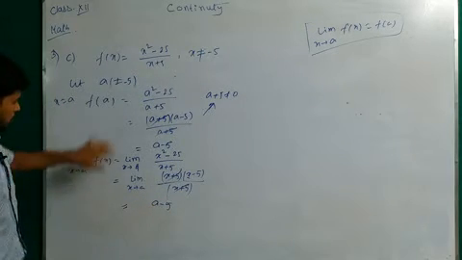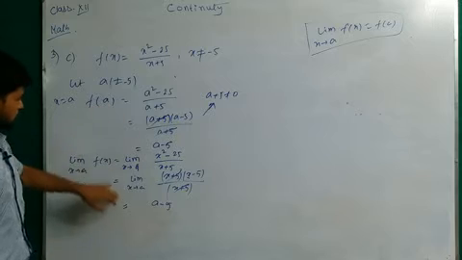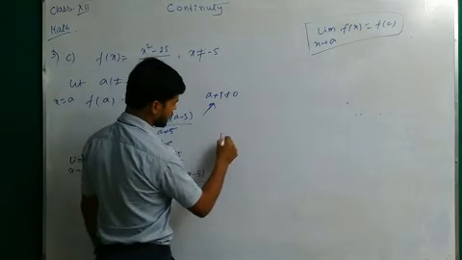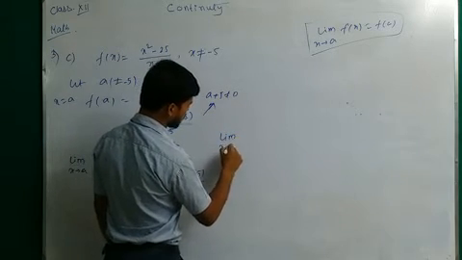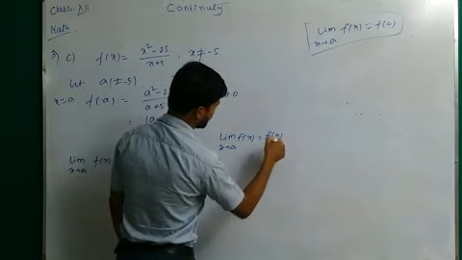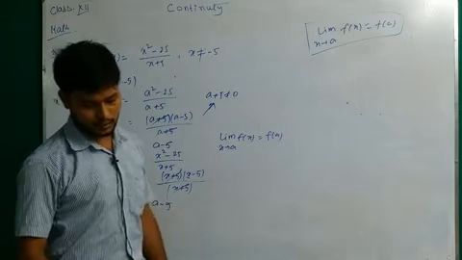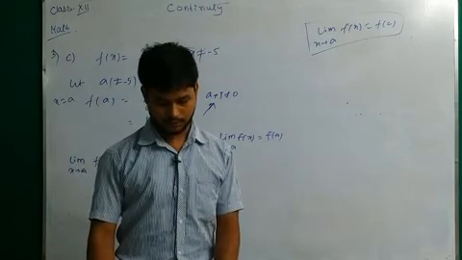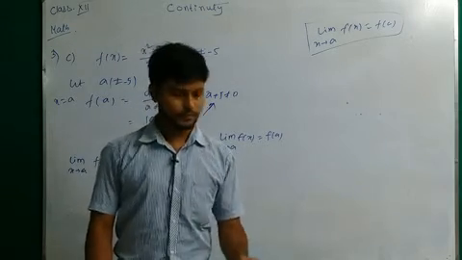So from these two expressions we can say that limit x tends to a, f of x is equal to f of a. That means the function is continuous at x equal to a. Okay. Now